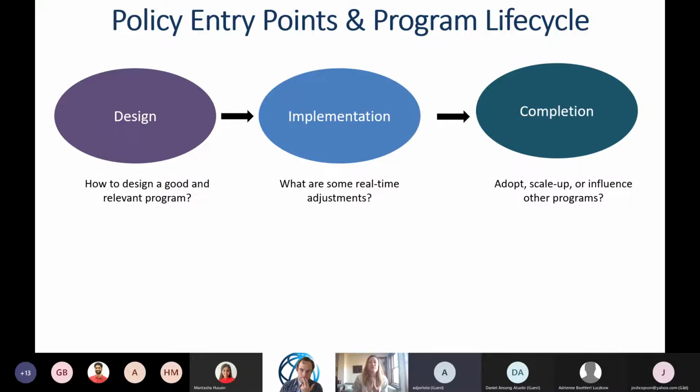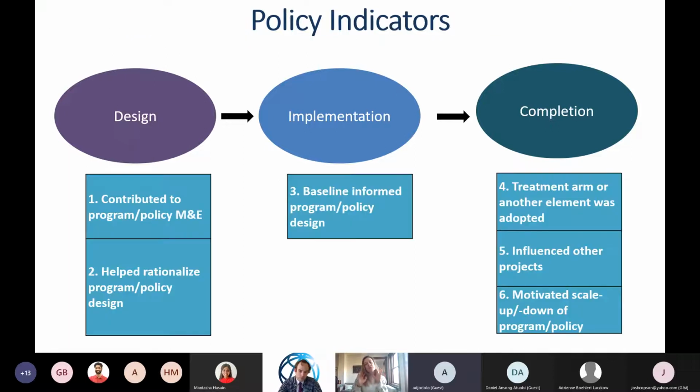So what we want to do is make sure that we're actually measuring this correctly. And so we've developed at DIME a set of indicators that can help us understand, one, if there is any type of influence, what are we learning from what's happening on the ground, and two, at what level. And so, as I said, there are several levels of cycles in a project. There's the beginning, there's as it's happening, and then it's completed. And for each of these, we have a set of indicators that help us understand what happens.